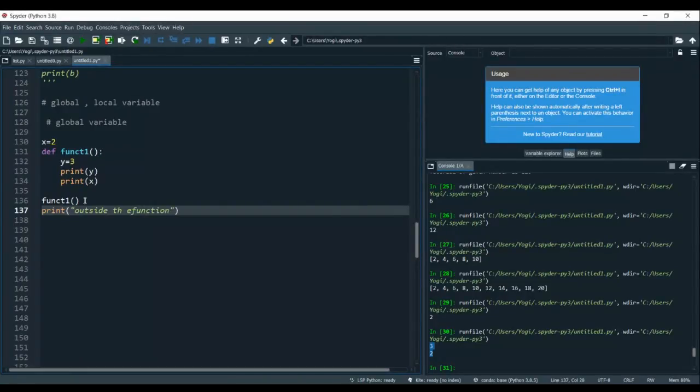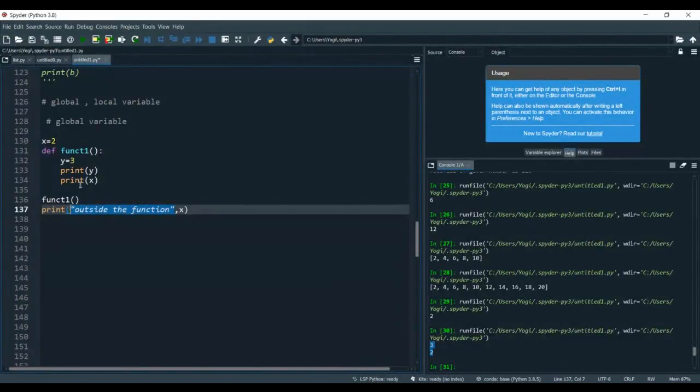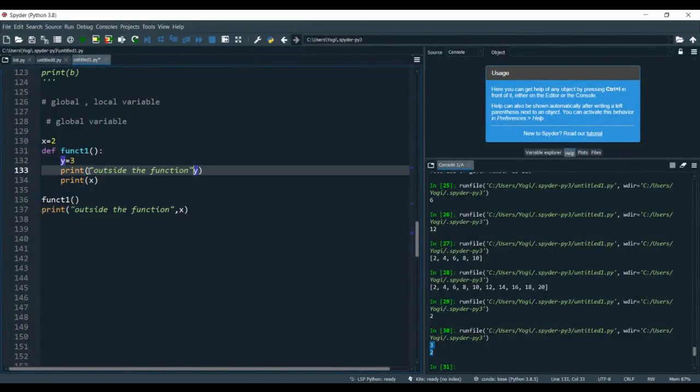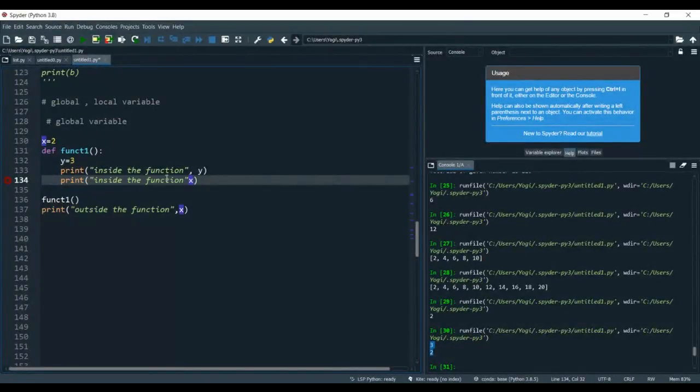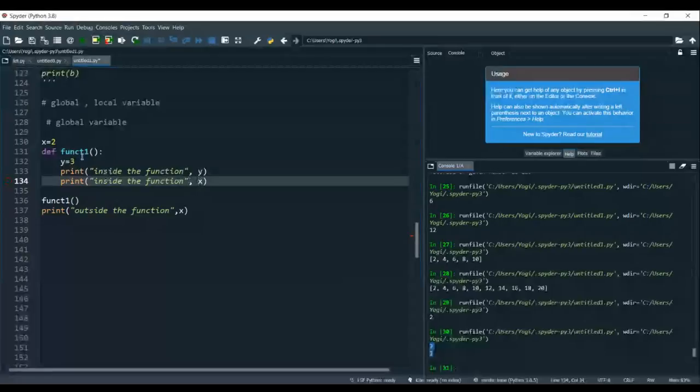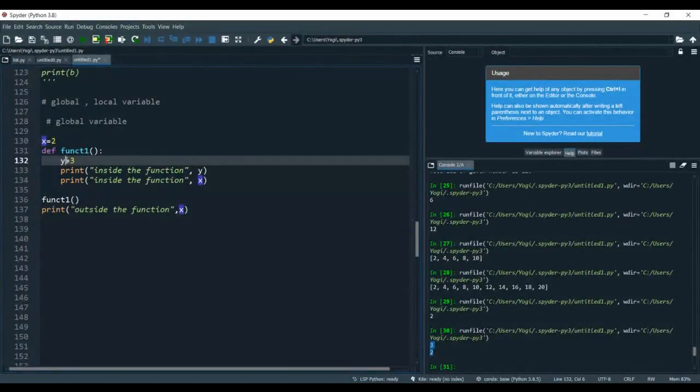Outside the function, value of x, this is inside the function, comma, and this is also inside the function. To make it more clear, let me do one thing.